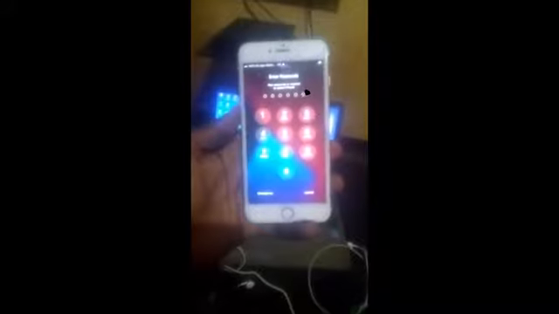This is an iPhone 6s Plus. How are we going to fix it? Because even if we try entering passcodes, they don't work. All you need to do is download the latest